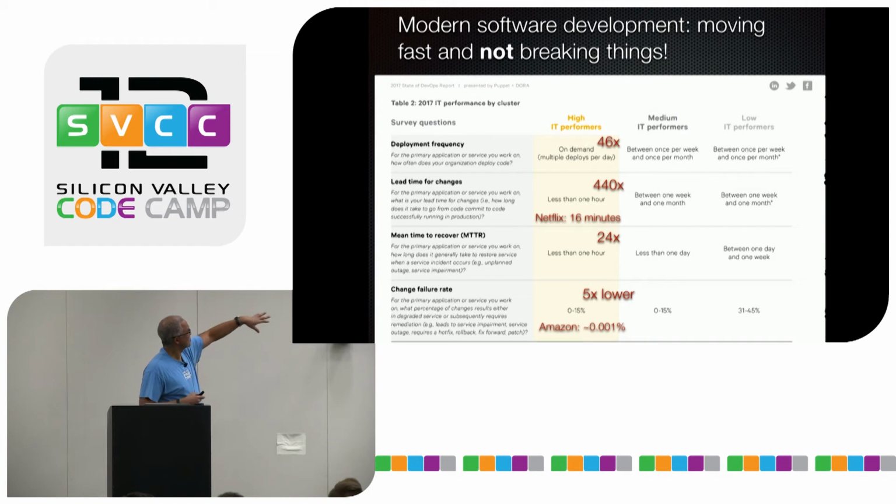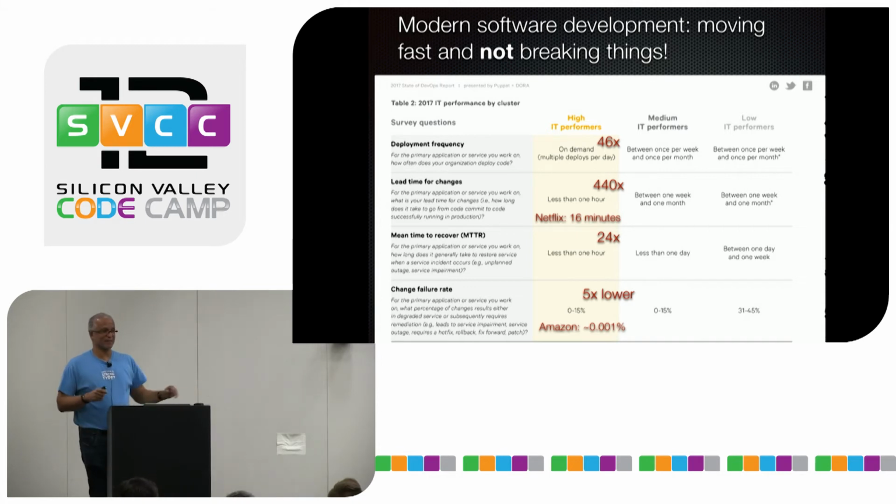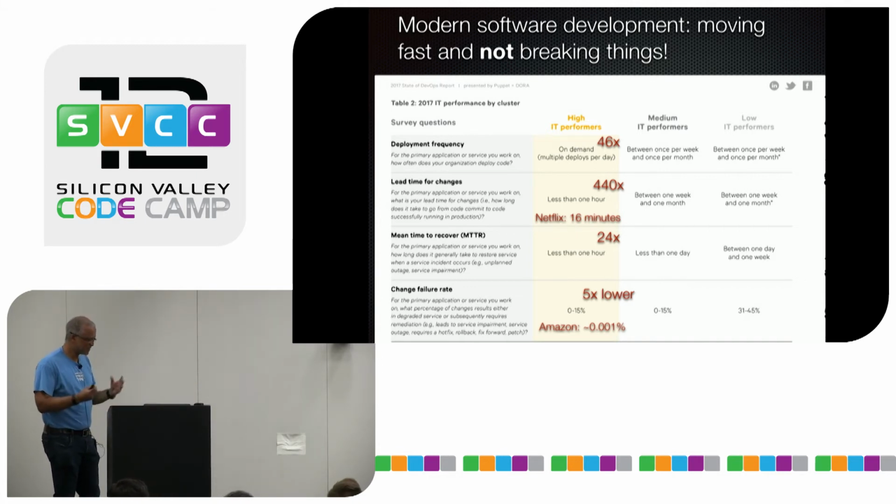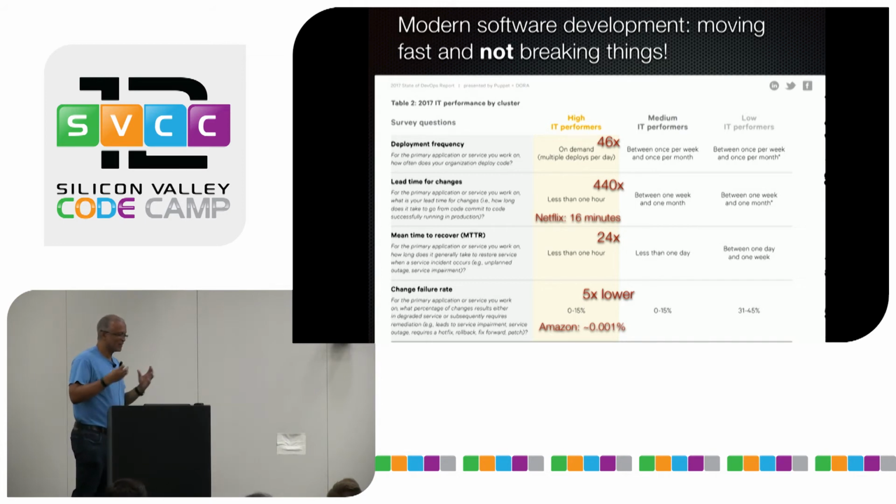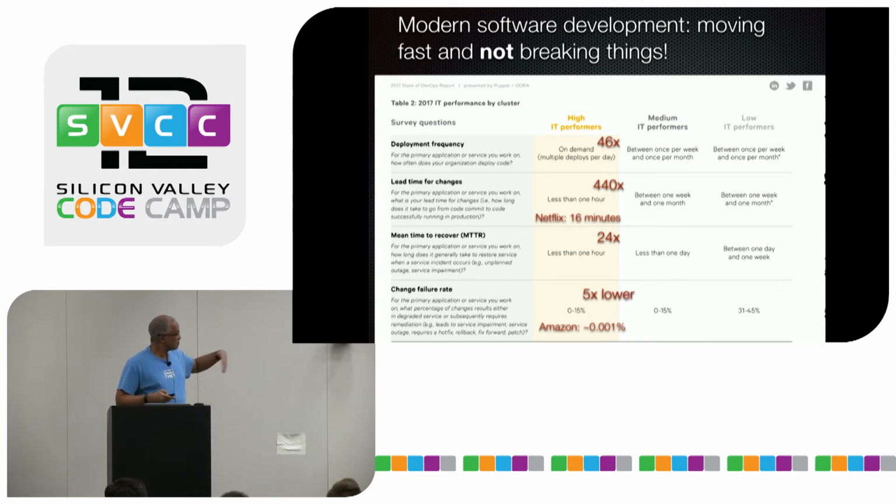And this is actually from the DevOps report, and it's got fascinating numbers in there. But really, the huge contrast between low-performing IT organizations, which are deploying once a month and breaking things, and high-performing IT organizations that are deploying many times a day and not breaking things, that's sort of backwards in conventional thinking, right? But the microservice architecture is a key enabler of that.